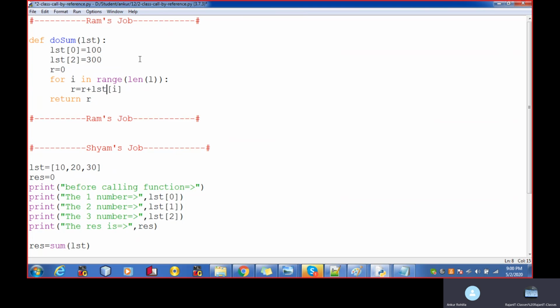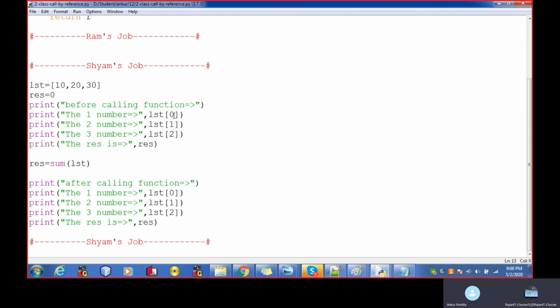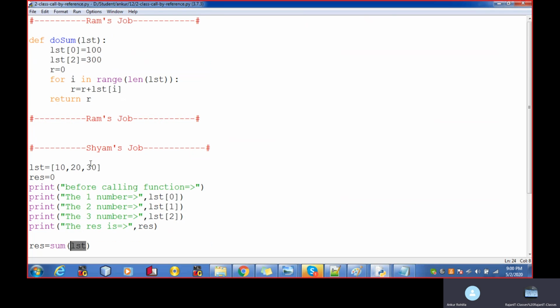Sir, why does everything look the same here too? No. For LST, the value of the LST over here, change it to the 100, the 200.